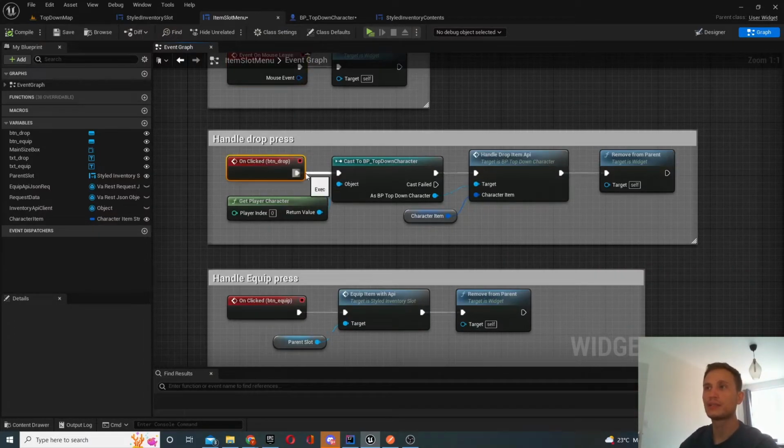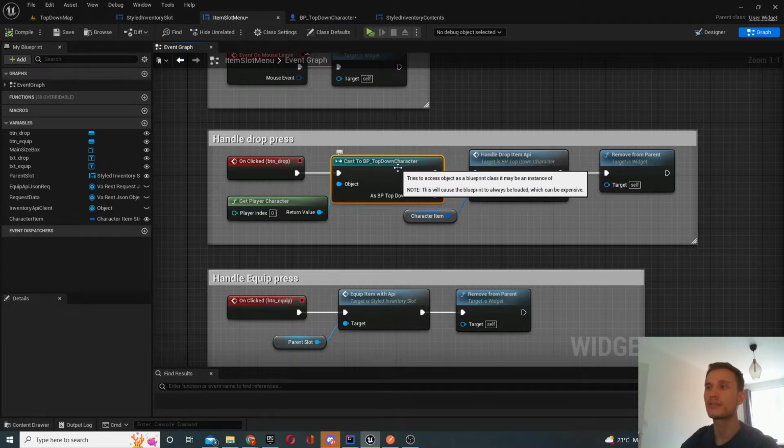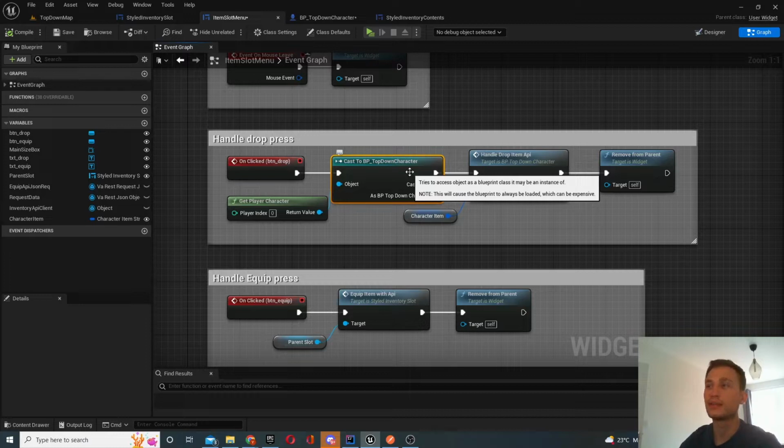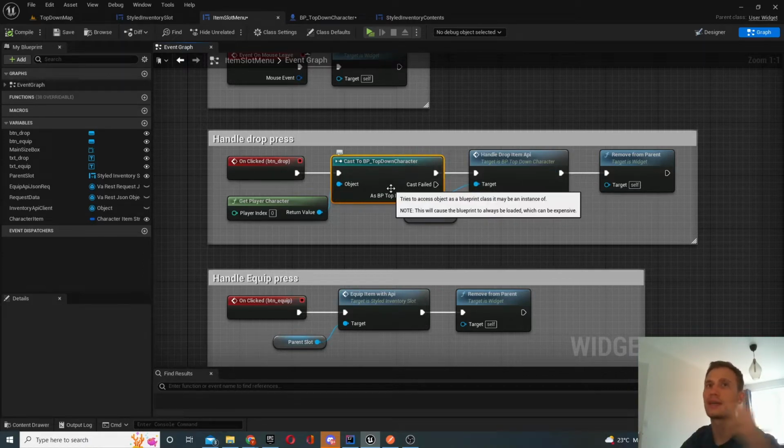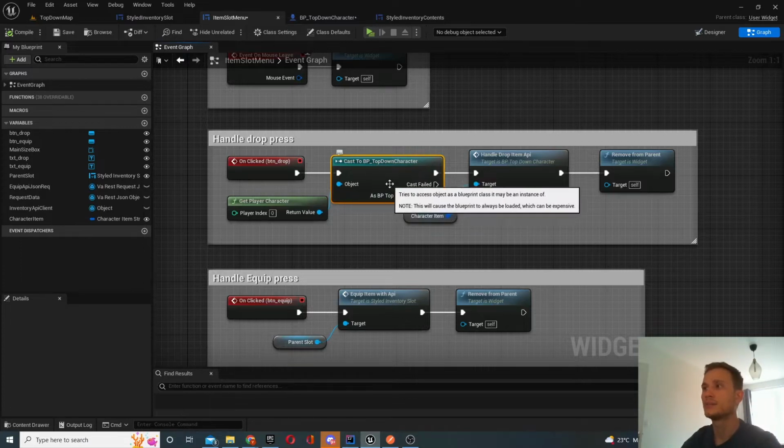Okay, so when you click drop, we've actually covered this in one of the previous episodes, but this functionality exists inside the top-down character controller. So it's the character which is dropping the item. And to be honest, there's not really one right place, or at least I'm not sure if the top-down character is the right place, but it's a good place because when you drop an item, I drop it at the character location. And I was thinking perhaps in the future, there'll be some custom events which force you to drop some items, maybe through an NPC or a monster or whatever. So that's why I put it there, so that it's easy access for other blueprints,